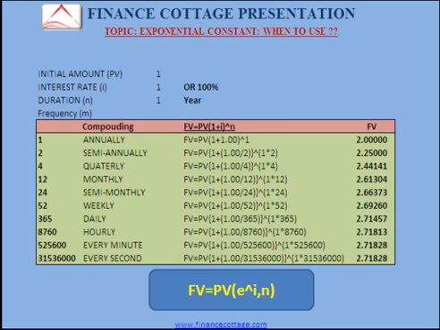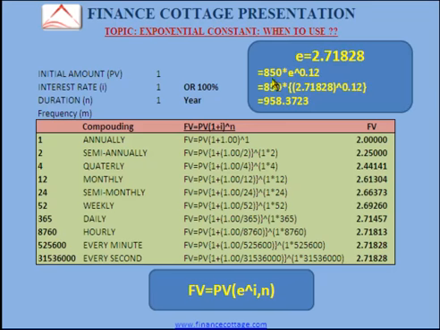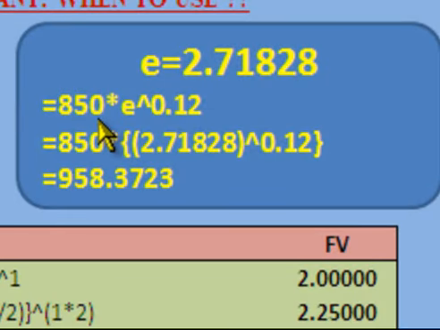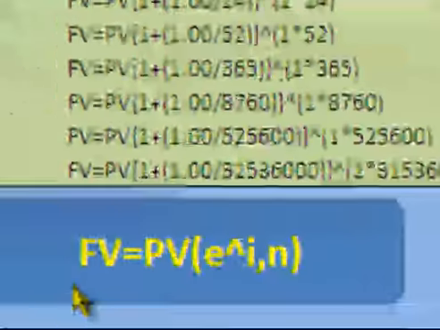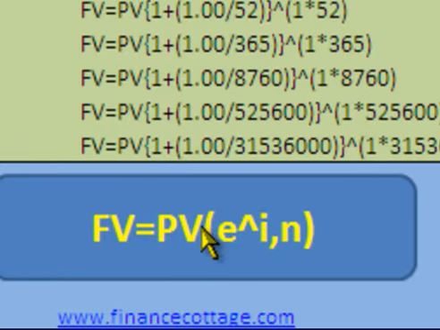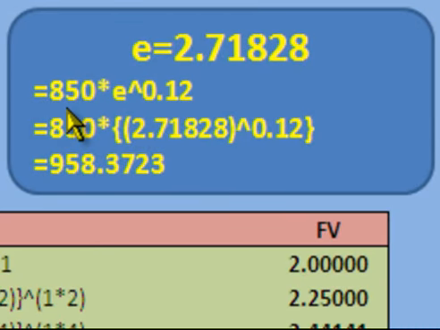future value. Now for example, if the present value is $850 and you want to know the future value of $850 after 1 year at a compound interest rate of 12%, and it is compounded continuously in a year, so what would be the future value of 850? By applying the formula, future value equals to present value multiplied by exponential constant raised to the power interest multiplied by n, you can calculate the future value of $850, which would become equal to